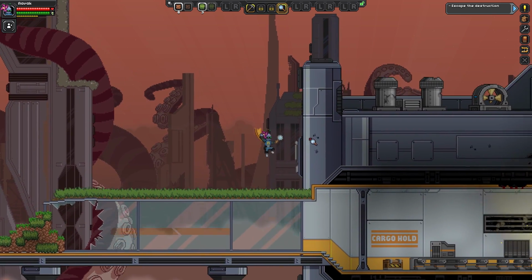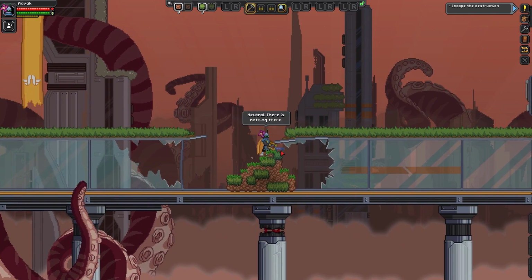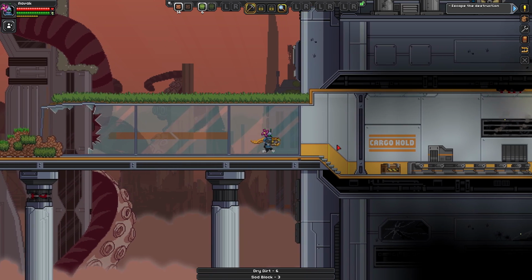What else have we got? Can we go this way? No, we cannot. Okay, right. Down we go, then. Can I get in through yet? No, there we go. Thank goodness we have...